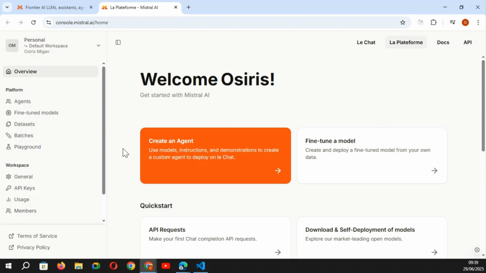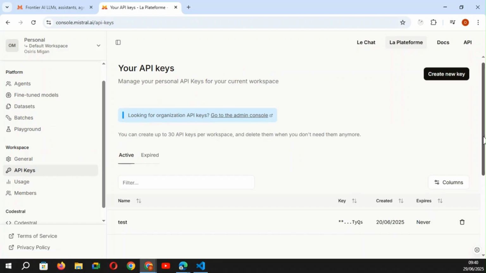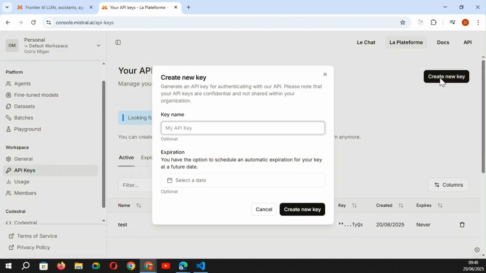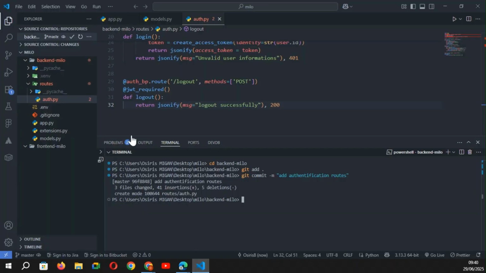And you can click directly on API key, and on API key you can click on create new API key, and you can use a name, Milo, with expiration, and now I can create. Please copy your API key, and you can come back directly in your